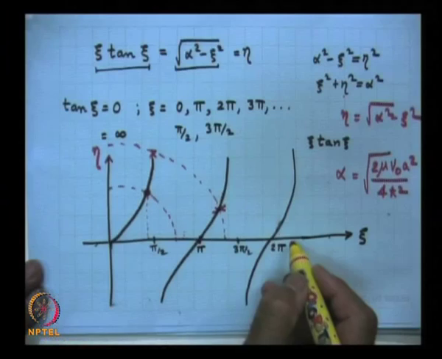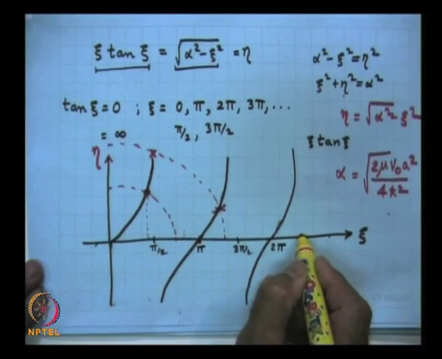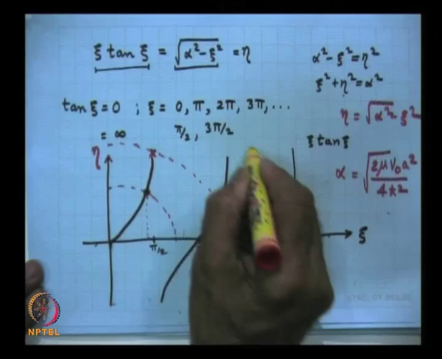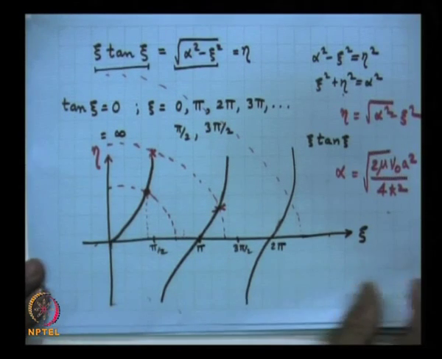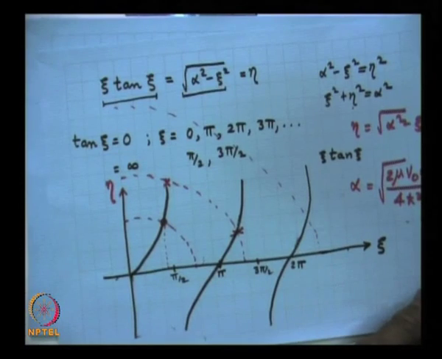If alpha was equal to say 8, then you will have to draw a circle of radius 8, then you will have 3 symmetric modes. I hope you understand what I am trying to say. So, let me skip here for a moment, we will come back to this figure a little later